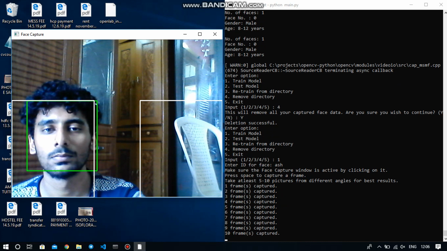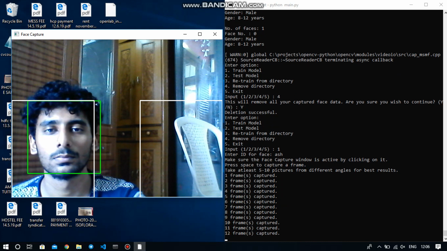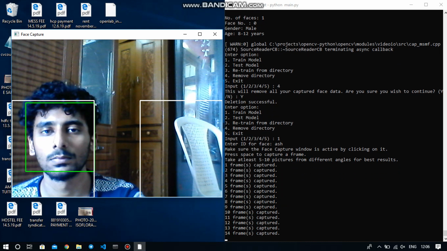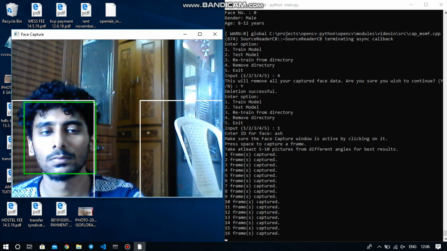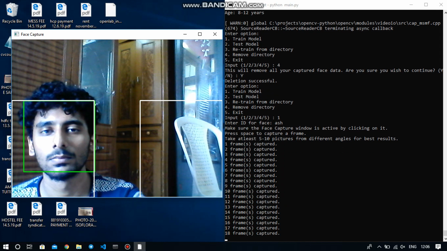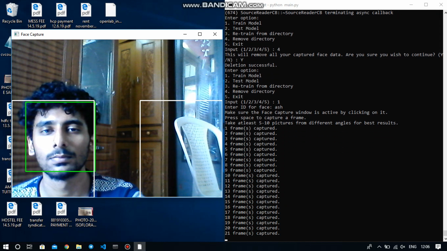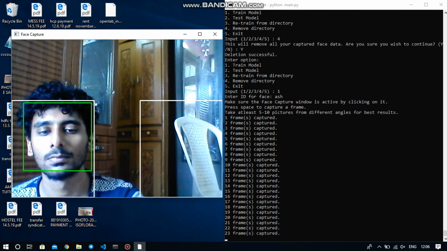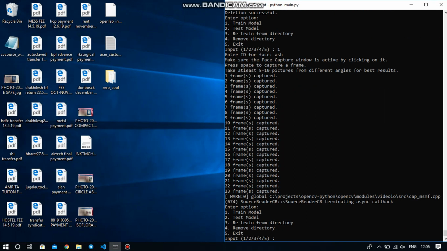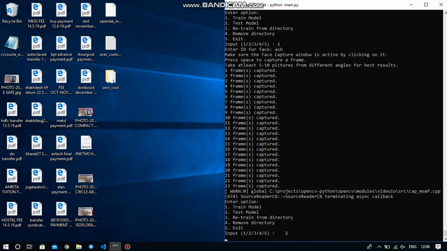But for want of time, we stop at around 15 to 20 images, and that is sufficient for us. The training happens in real time, and if you want to allow 5 drivers in your system to drive the car, I need to train the system with 5. Other people will be automatically recognized as a problem, and we will give an alert. Now we are going to test the model, and an entry of 2 is sufficient for us.